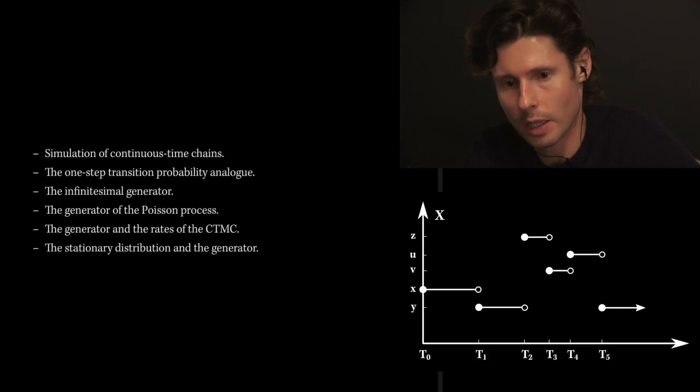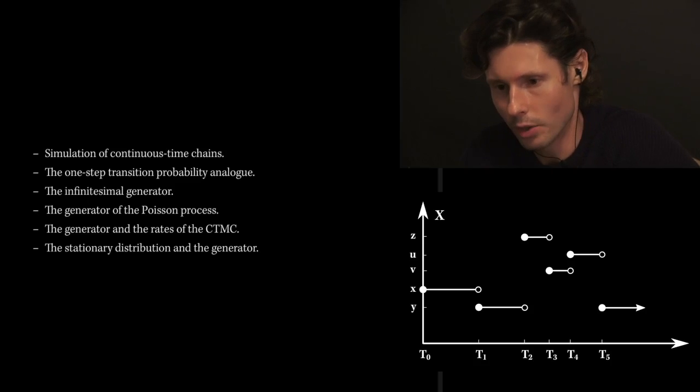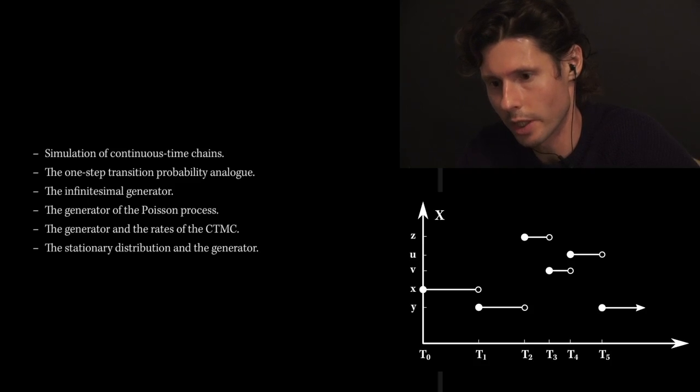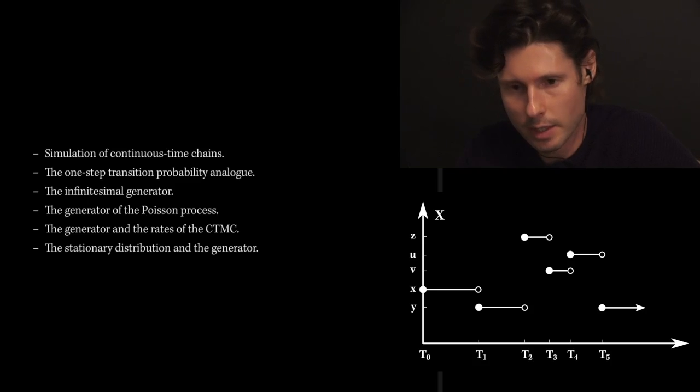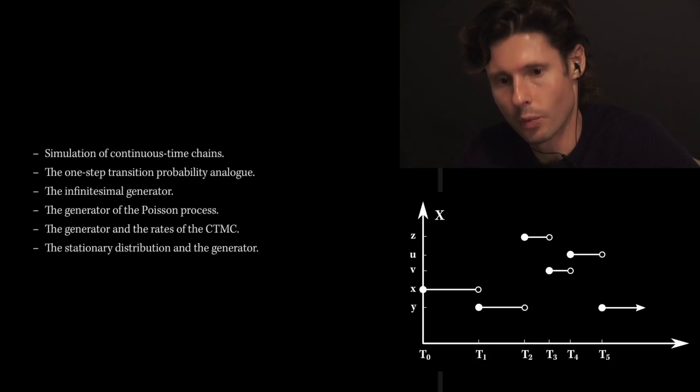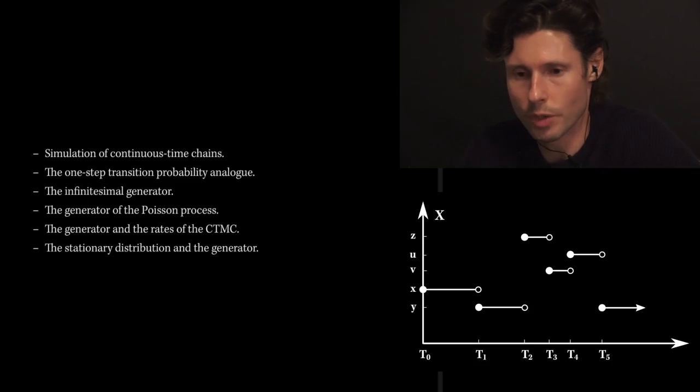First thing that we're going to look at is the simulation of a continuous time Markov chain. So in other words, how do you simulate on a computer a picture that looks very much like the one below me? The next thing we're going to focus on is asking whether there's anything like the one-step transition probability